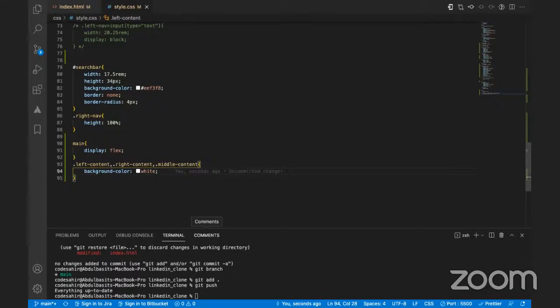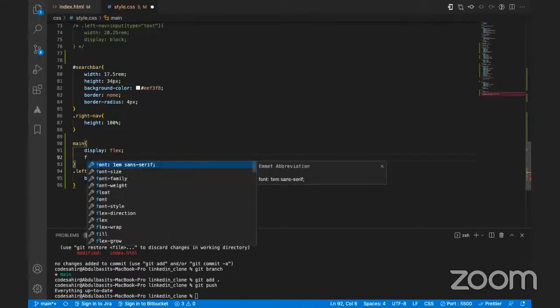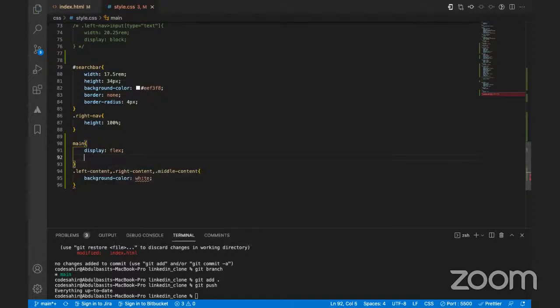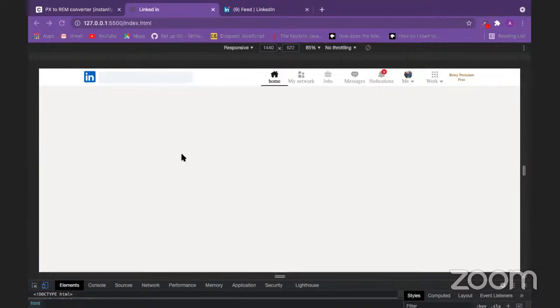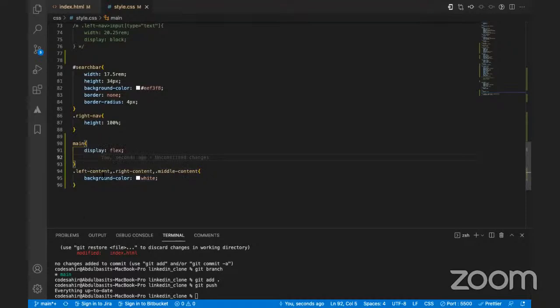Now, the flex direction for this will be row. We don't need to mention it because the default is row. Then let's see. So individually, separately,